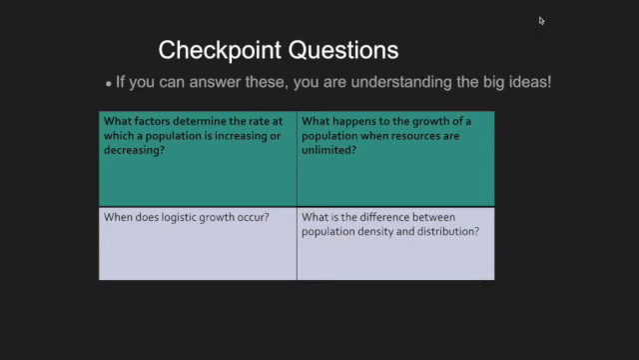So just a couple of checkpoint questions that I want you to keep in mind. I'm going to have you answer one of these in the chat box or question box. So what factors determine the rate at which a population increases or decreases? What happens to the growth of the population? When does logistic growth occur? And what is the difference between population